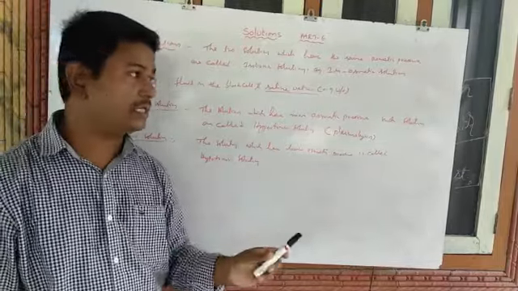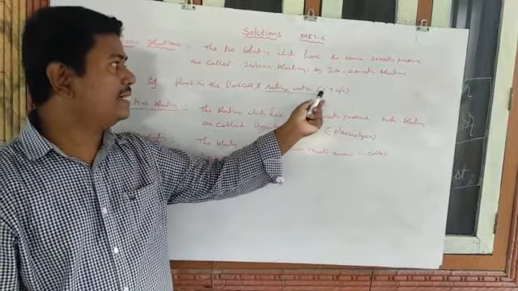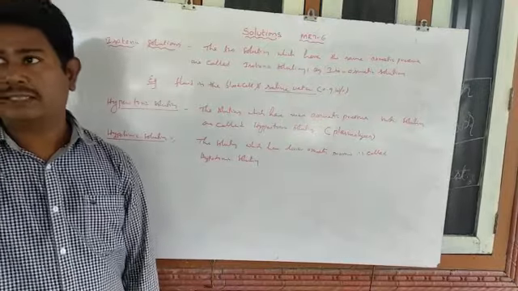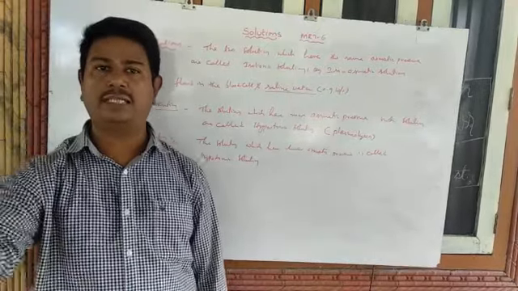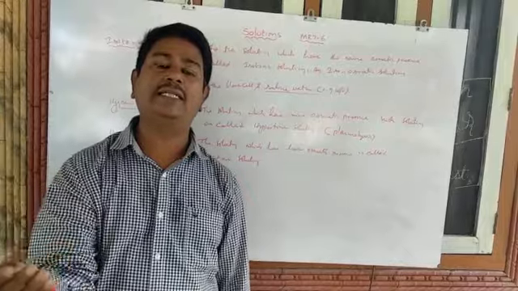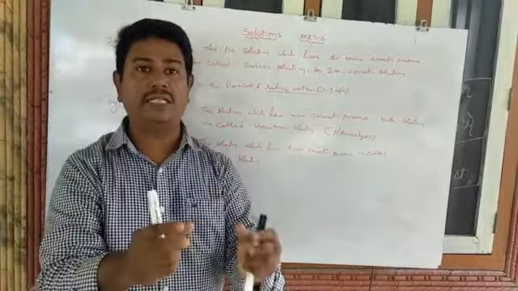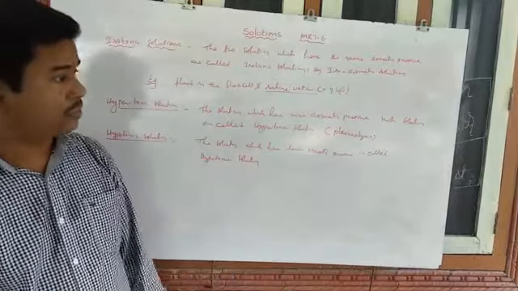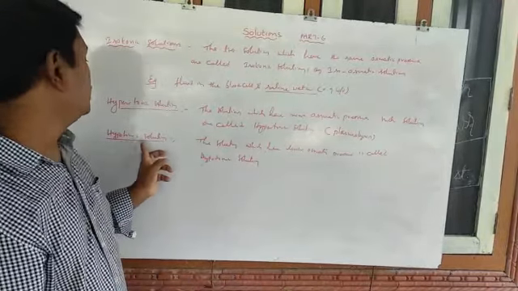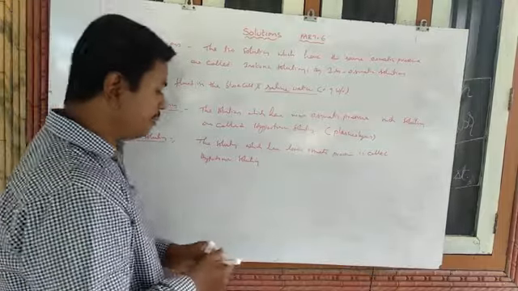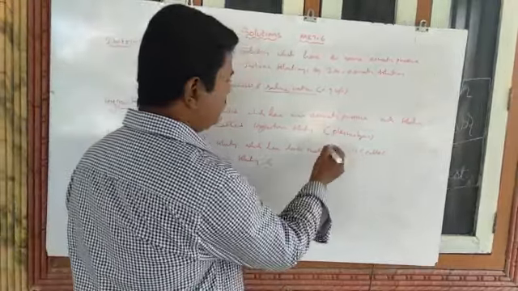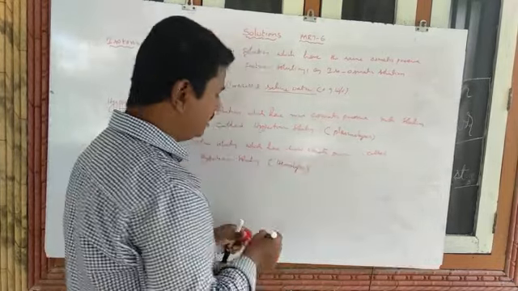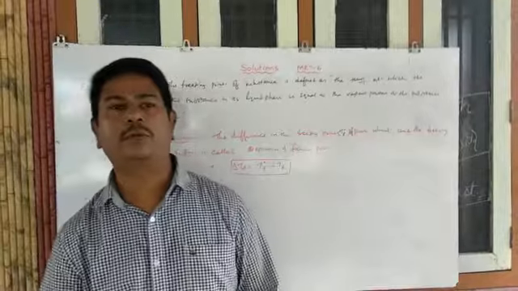When red blood cells are present in less than 0.9 weight-volume percentage of saline water, what happens? From the saline water, the solvent enters into the blood cells. Then the blood cells bulge out and finally burst. Clear? That happens in hypotonic solutions, and such a phenomenon is called hemolysis.